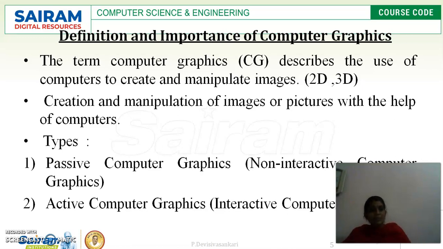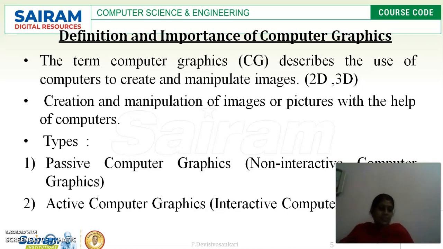Okay, so normally the images can be two-dimensional as well as three-dimensional. Here, the creation as well as the manipulation of images or pictures with the help of computers is why it is called computer graphics. Here we have two different types of computer graphics. The very first one is passive and another one is active computer graphics. The passive is otherwise known as non-interactive computer graphics, and the active computer graphics is otherwise known as interactive